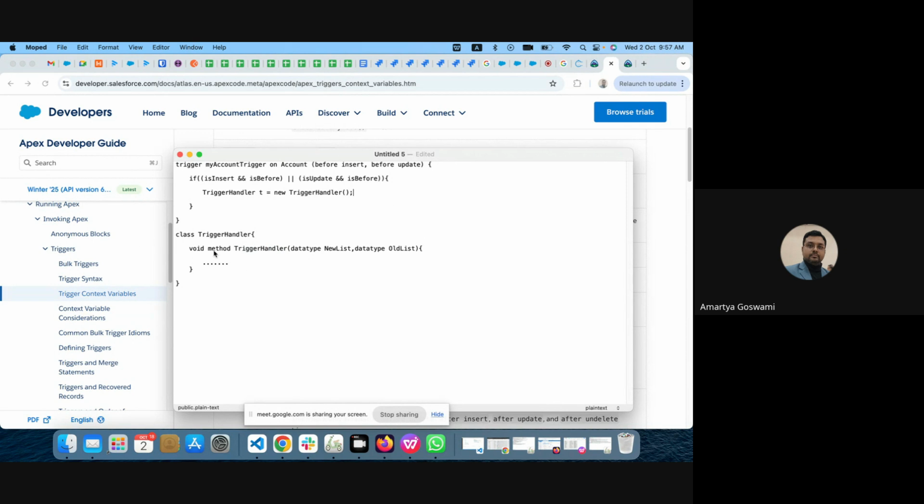And if you want to make this method static, that also you can do. Most of the time we will write the handler methods as static, and from here you can simply call this method, that is t dot